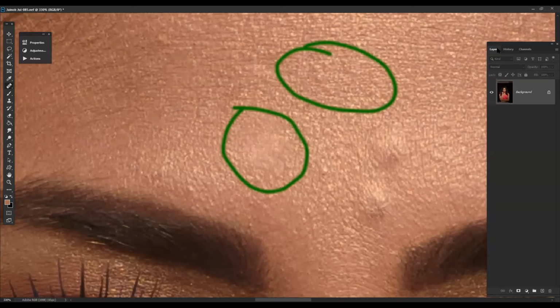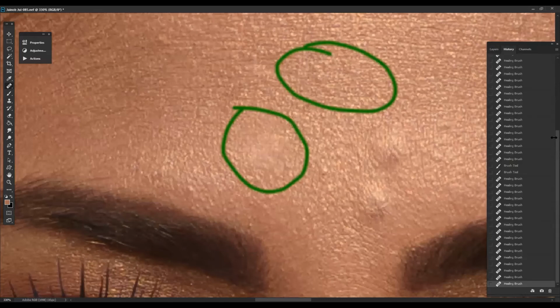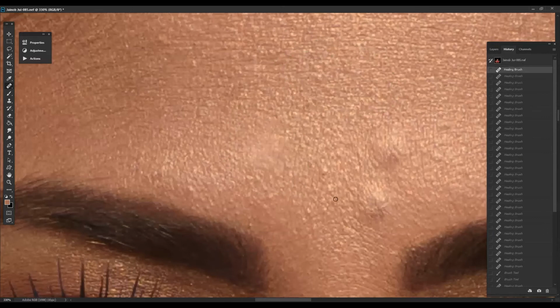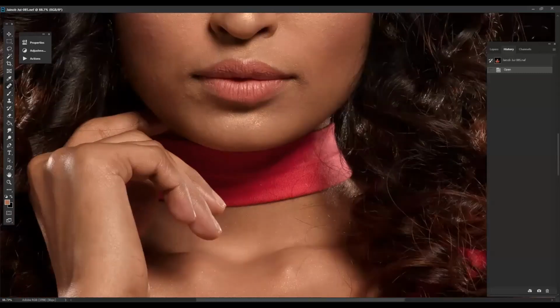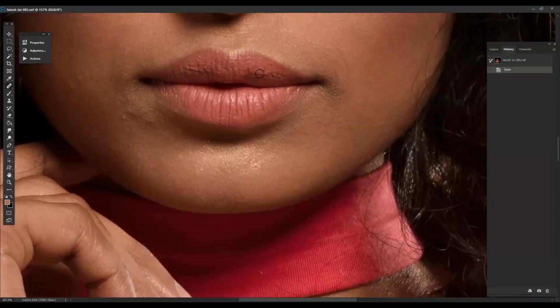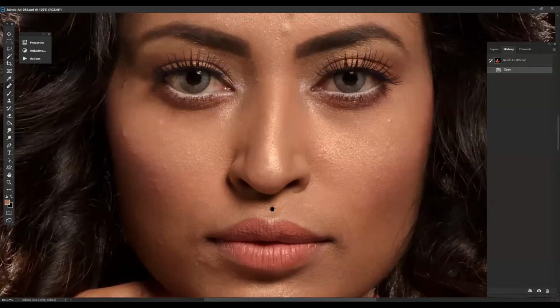Now the difference, let me go to the basics once again. The basic difference between a Wacom pen and a mouse is that in a mouse there is no such thing as pressure sensitivity.